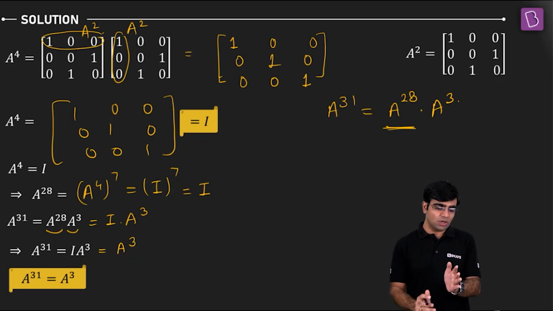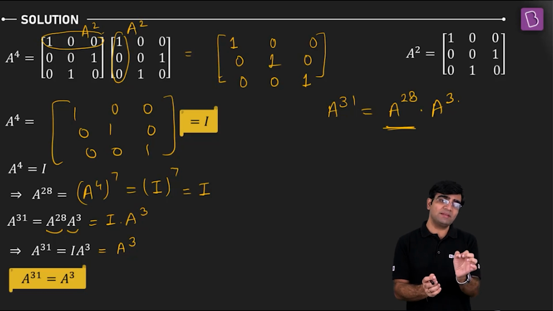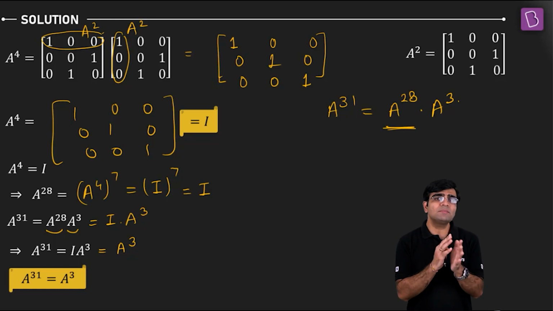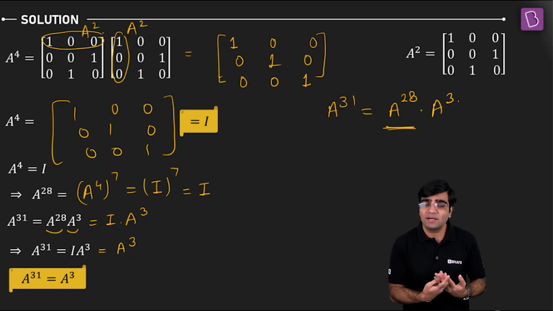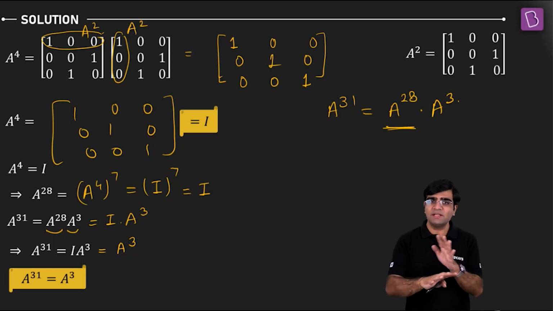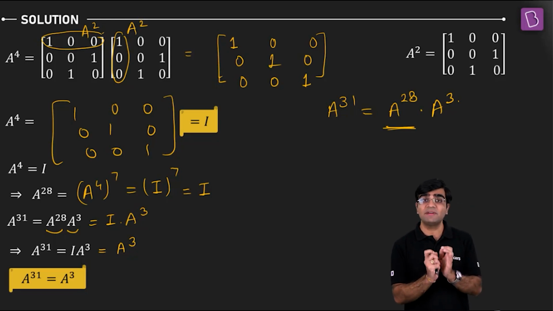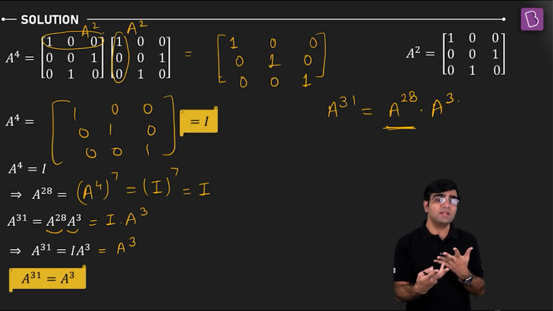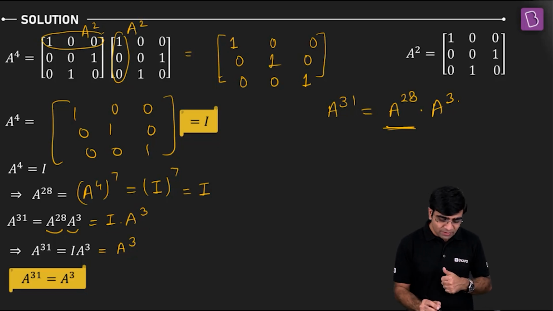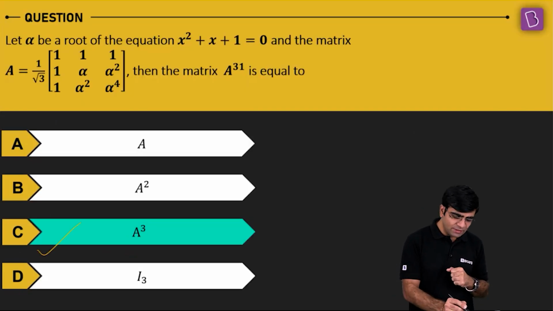And one thing is pretty sure, if the answer is turning out to be A square, A cube, or identity, then some of the patterns will definitely become much easier to handle. Or maybe, it's not a law or something, but chances are very, very high that any of the even powers or odd powers in such types of questions will become identity. All right. So effectively, I'll be taking the C option as the answer.